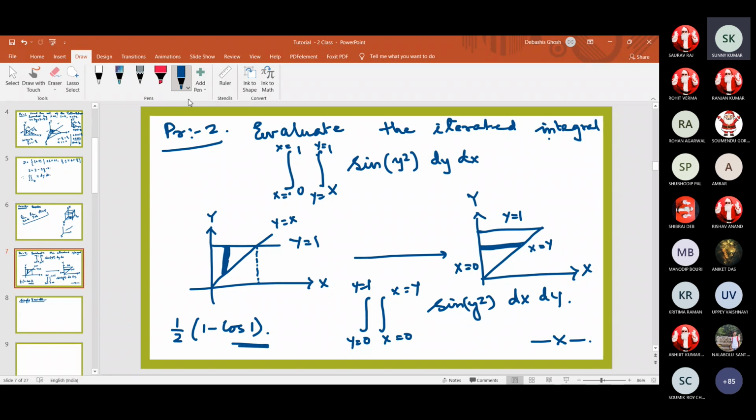We are fixing some point here for x. Then we are taking the small strip parallel to your y-axis. This is the small strip we are considering along your y-axis. That small portion is now moving from this portion to this portion. That's why we have taken y equals 1 to y equals x. And then we move from x equals 0 to the range that you need. It's right, what we have done is correct.